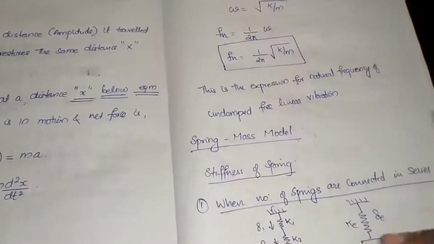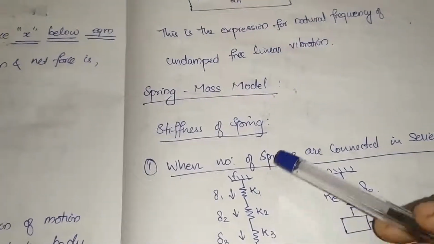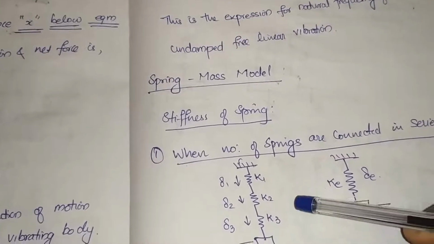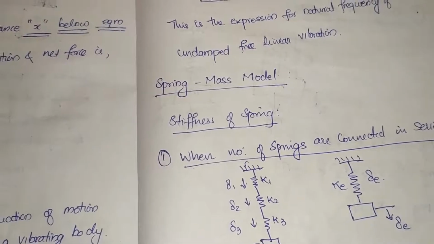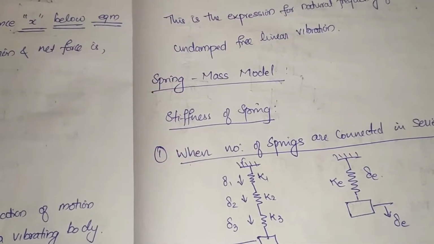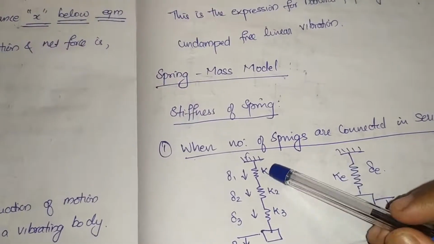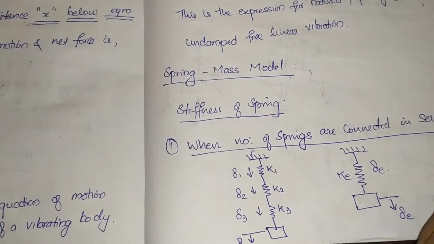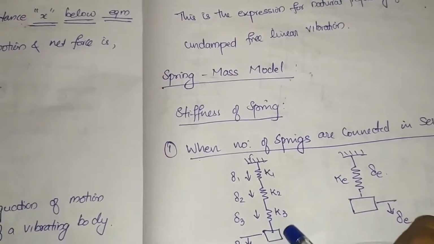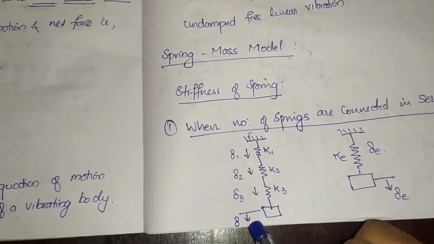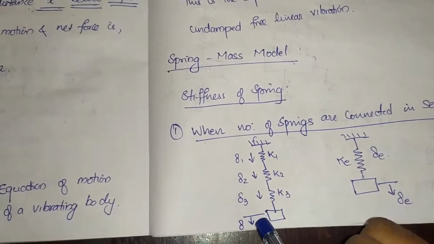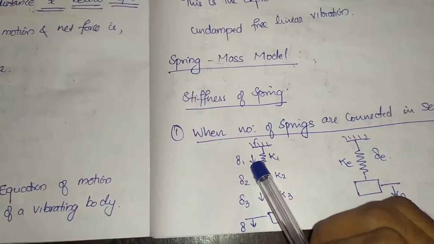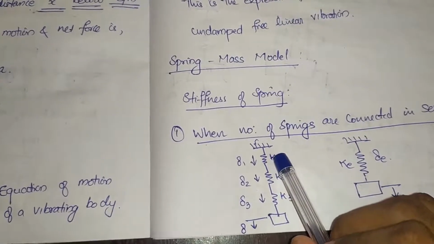Okay, so if you consider a spring, it will have a stiffness that is represented as K. Now what happens when these springs are connected in series and what happens if they are connected in parallel? Here we have three springs connected to a single mass, right? Due to this mass, the total displacement for this system is delta. The individual displacements of these springs are delta 1, delta 2, delta 3, and the individual stiffnesses are K1,